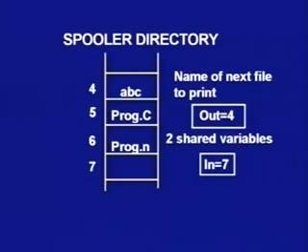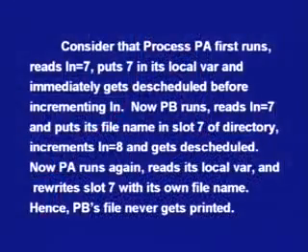We have the program PA running, and we have the variable in, which has the value 7, which means in is pointing to the next free space in the directory, and out is pointing to the file that has to be printed. So if process PA runs first, it reads the value in equal to 7, and it puts 7 in its local variable